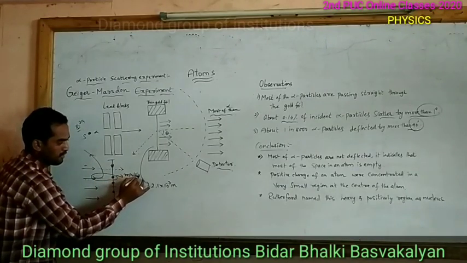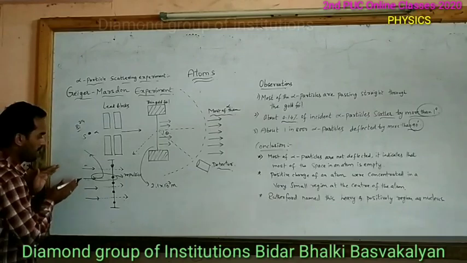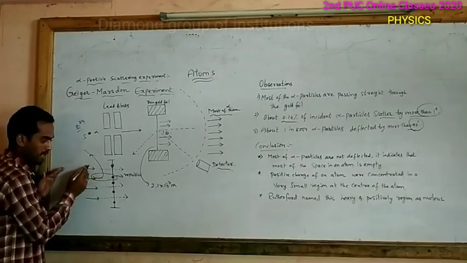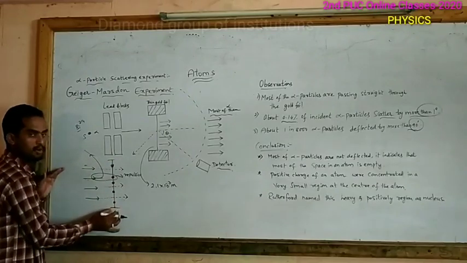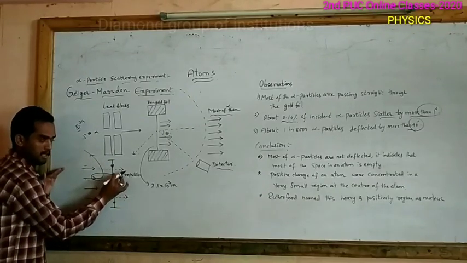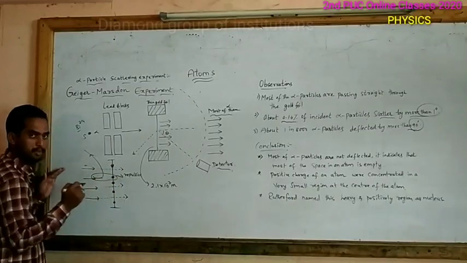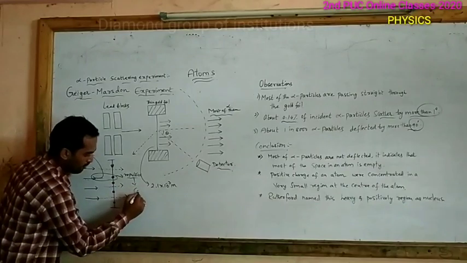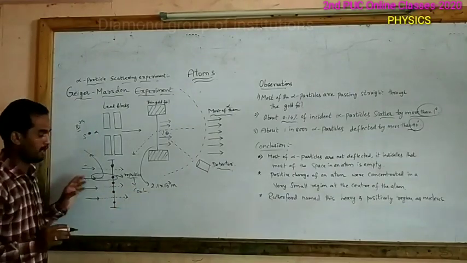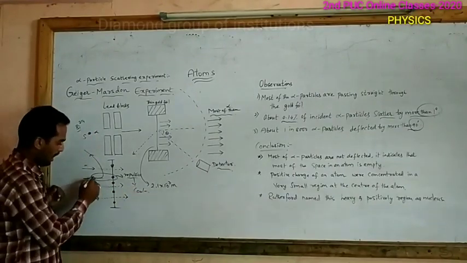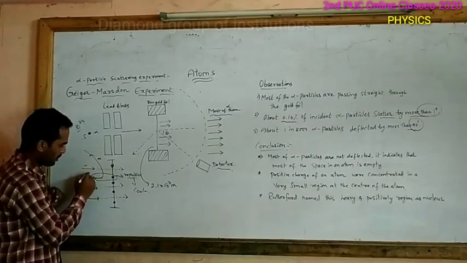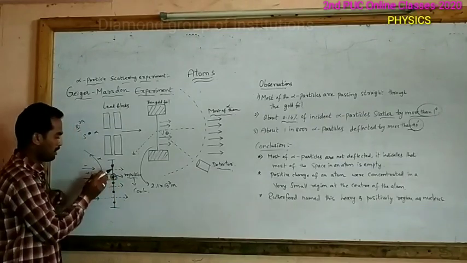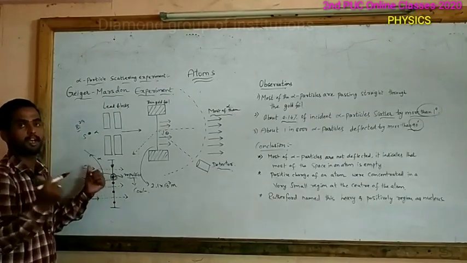This repulsive force indicates that whenever the alpha particles, that means positively charged alpha particles, approach the atom, some are deflected. That deflection is because of what reason? The repulsive force, which we can also call the Coulombic force. Why is it called the Coulombic force? The alpha particle has positive charge, and there is some positive charge existing here too. Due to both being positive, they repel each other.